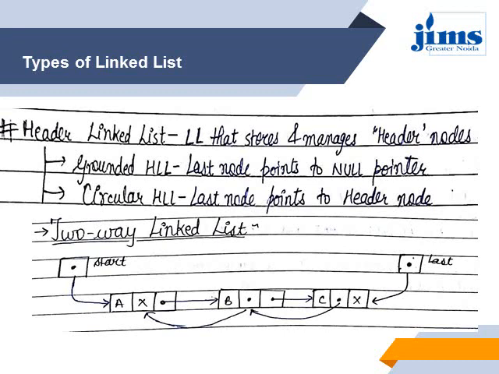Now a grounded list is a list whose last node points to null. Any list which terminates at some point and whose link contains null will be known as a grounded header linked list. Now what is a circular header list? The circular header linked list is one where the last node does not terminate there. The last node's link points back to the first node. Therefore, you can move circularly from first to last, and through last to the first node again. That is known as a circular header linked list.